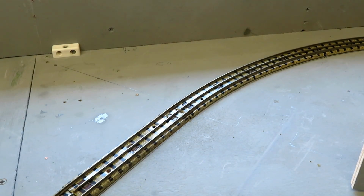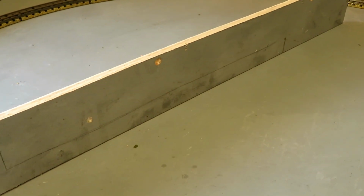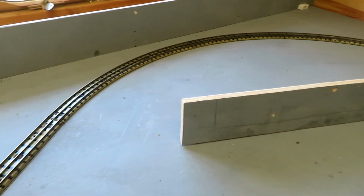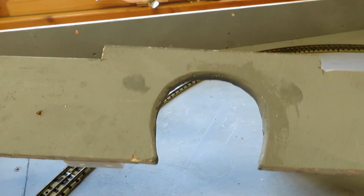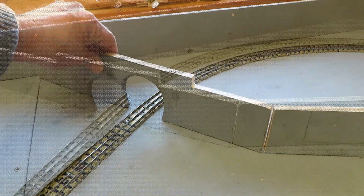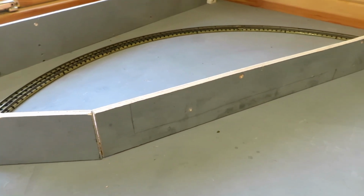Another feature that was sought for the layout was to have a tunnel. So if you look here, what I've done is to build a section which, if I pull that out, you can see blocks off the curve at this end of the layout, and if I bring that round, I've built another section which is here, which is the tunnel mouth, and that will join down here. The tunnel will cover the majority of the curve at this end of the layout,